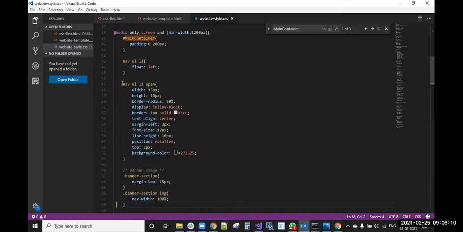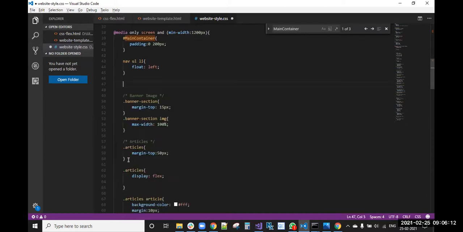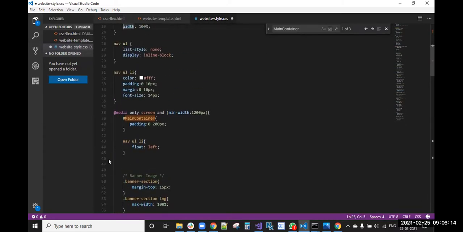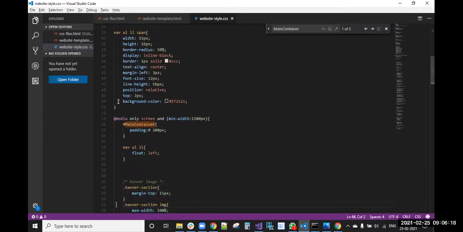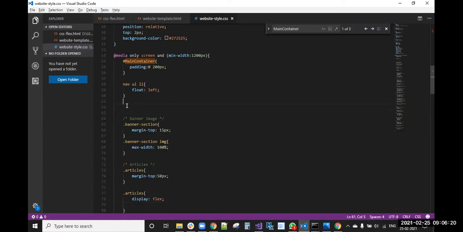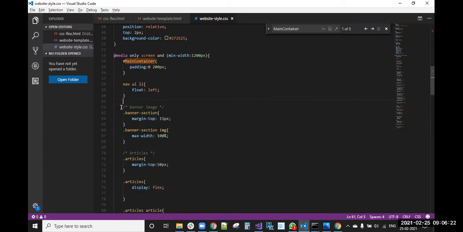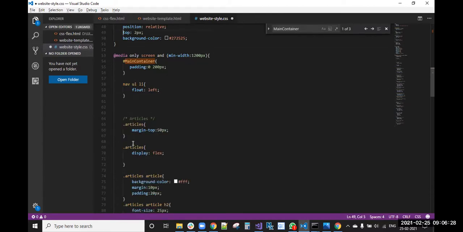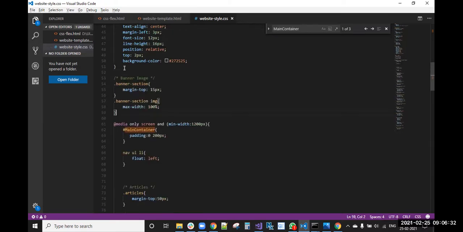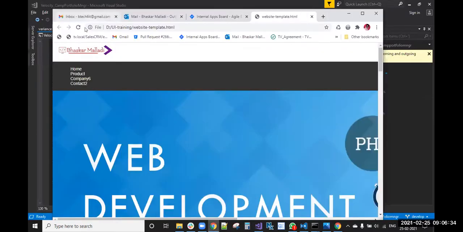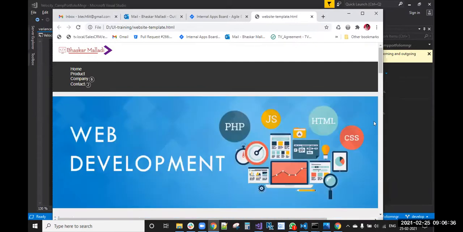This span, that span is common, right? For both devices the span is common, I'm keeping it outside. Now we'll come to the banner image. This banner section margin-top, banner image max-width 100%, this is common actually, so I'm keeping it outside only. Because of that, here also the banner image will be arranged.